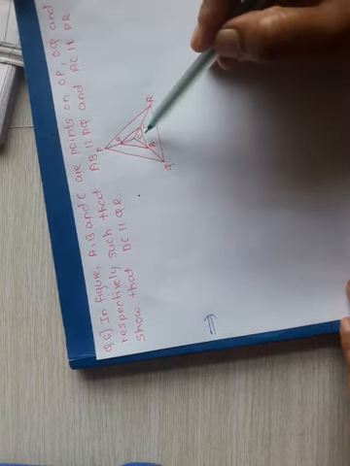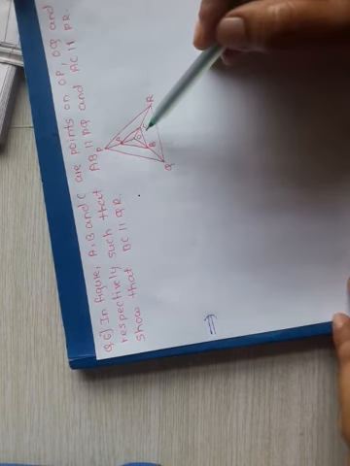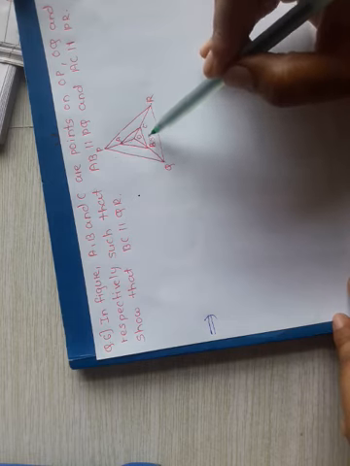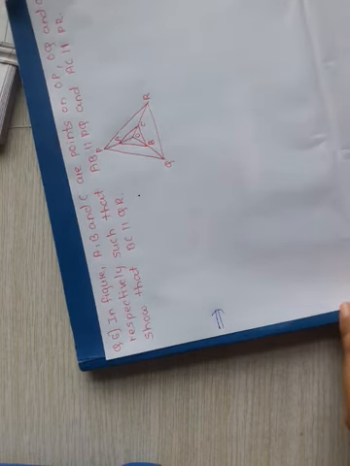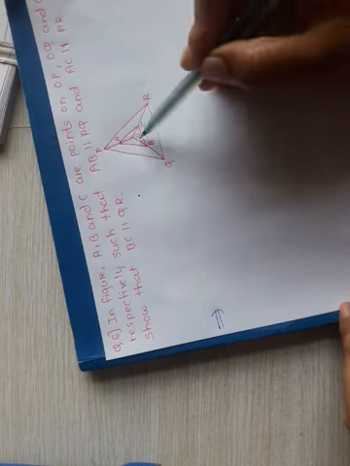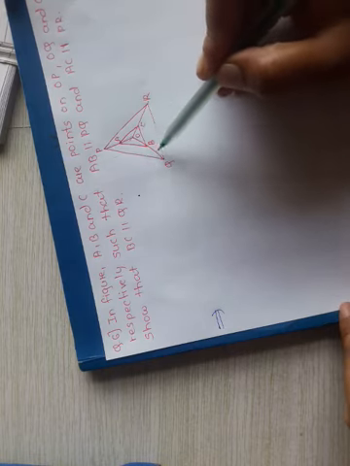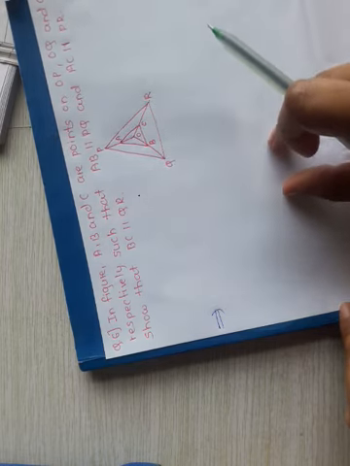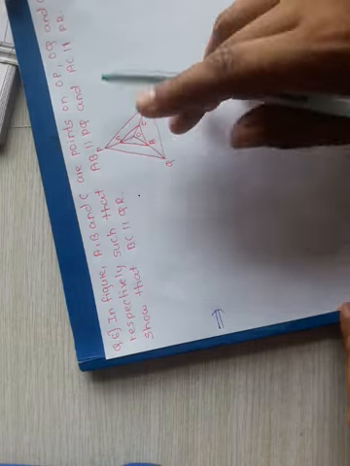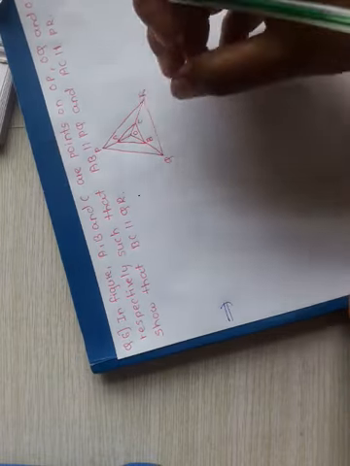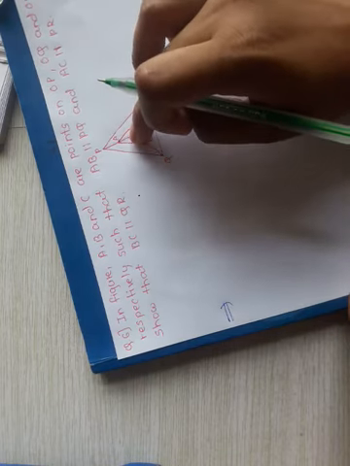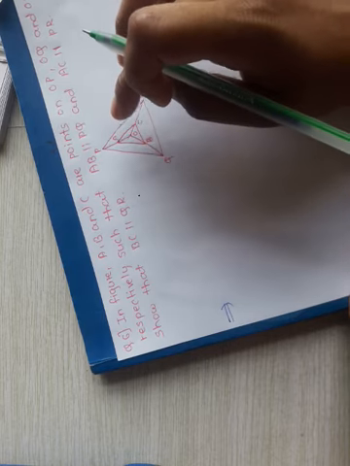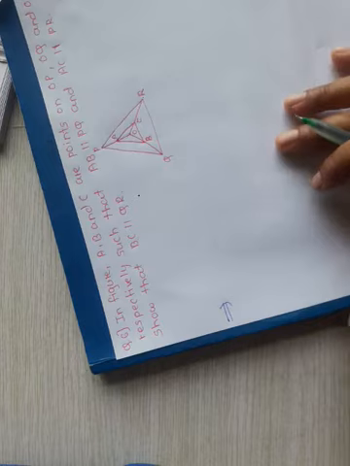Once we prove the ratios of this triangle are equal, we can easily say that line BC must be parallel to QR. So first we have to prove the ratios in triangle OQR, that OB upon BQ is equal to OC upon CR. Once we get that, we can say BC is parallel to QR. So use what is given to us: in triangle POQ, AB is parallel to PQ, and use the basic proportionality theorem in both triangles.